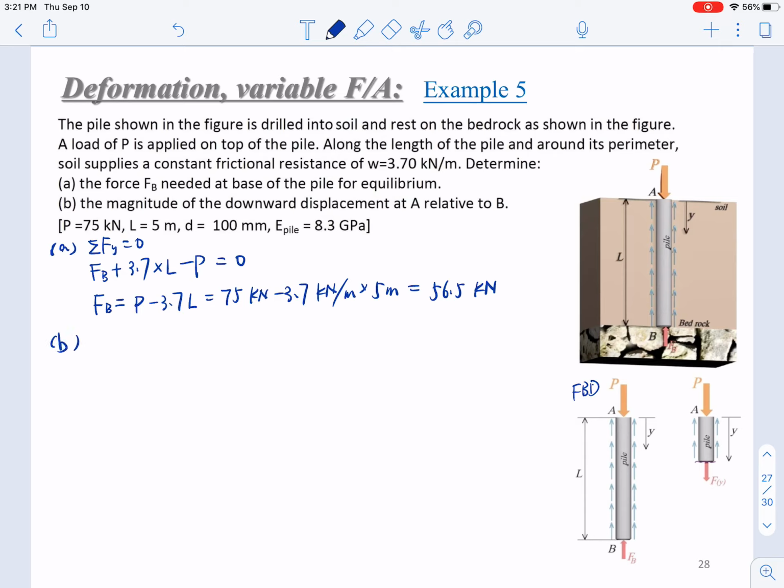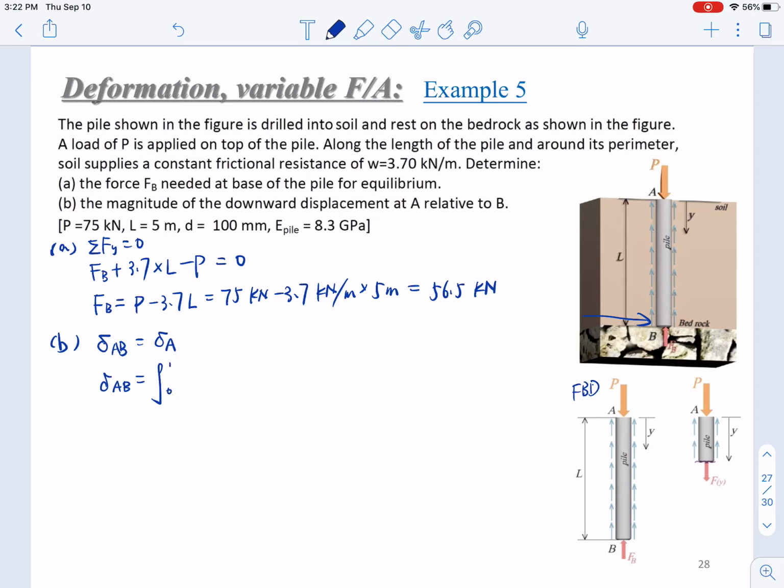Then the second, the magnitude of the downward displacement at A relative to B. Right, this is the downward deformation, the deformation of the overall AB actually. So we're calculating delta AB. Right, delta AB equals delta A. If we set that at point B it's a rigid point, so fixed, this bedrock cannot be compressed at all. Okay, so we're just calculating delta AB, right? Delta AB